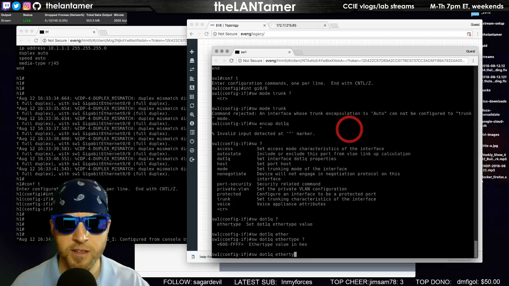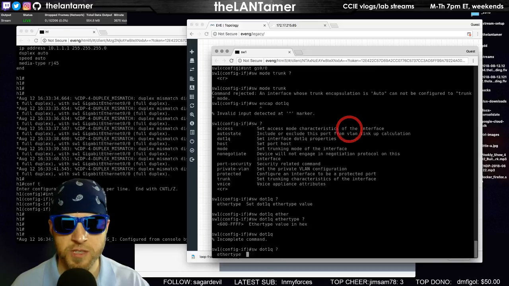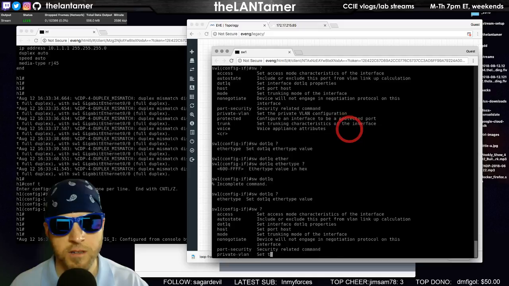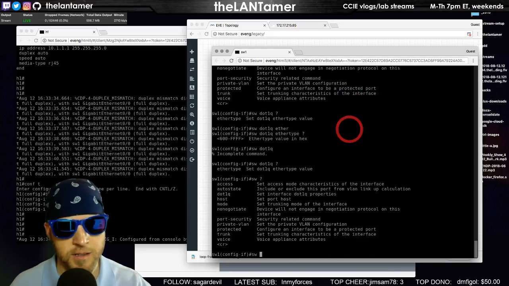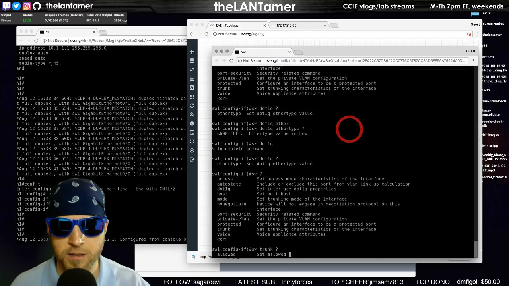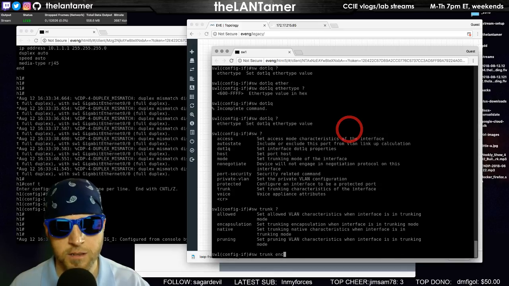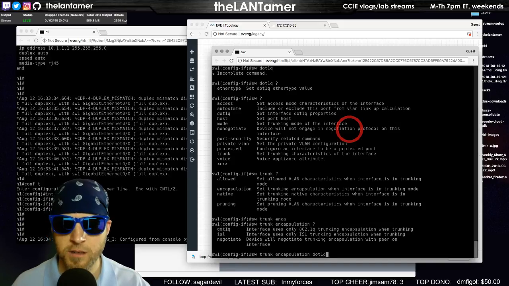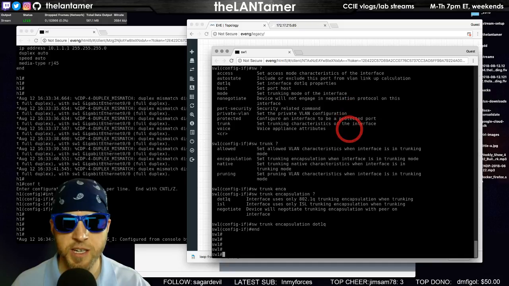I didn't know that. Switchport dot1q. Interface usually only. Okay. So now let's see how that impacts.